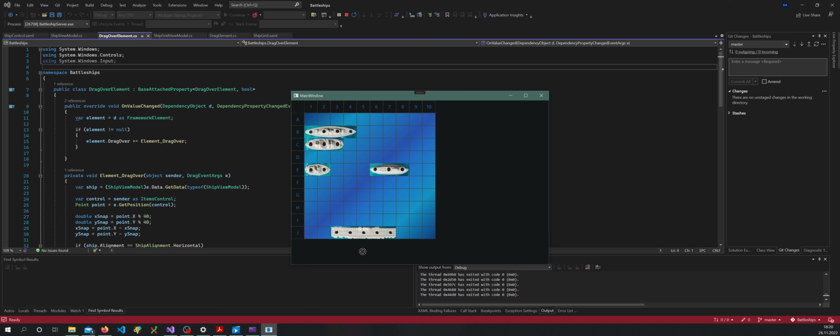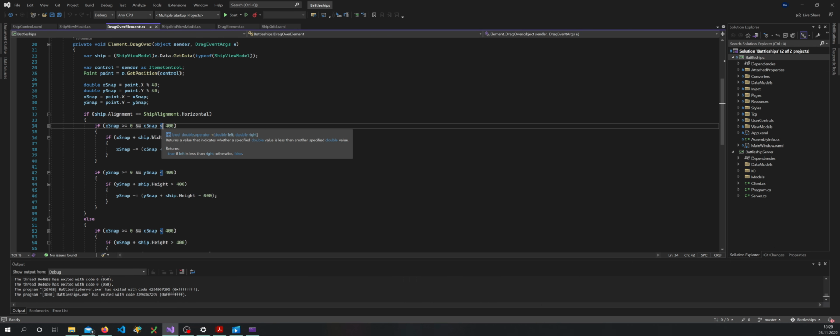And while I was playing around, I also noticed this bug. So yeah, we are allowed to drag ships outside of the grid here. I only noticed it for dragging above the 400 limit, the width of the grid. I didn't notice it for going back behind the zero limit. So let's start off by fixing this bug,